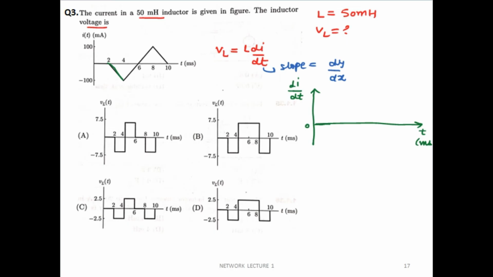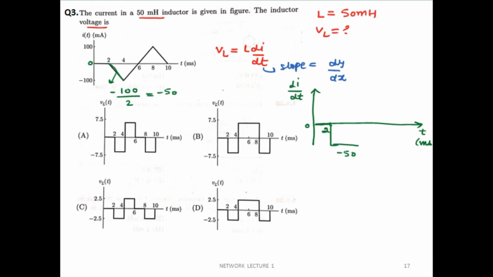Okay, so the slope is negative. I'm solving here. Because it is a negative linear function, the slope will be negative. dy is the change in the y-axis, going from 0 up to -100, so the change is 100, and dx is the change in the x-axis from 2 to 4, a duration of 2, so that is minus 50. So from 2 to 4 we are having minus 50. This is 2 and this duration is 4.